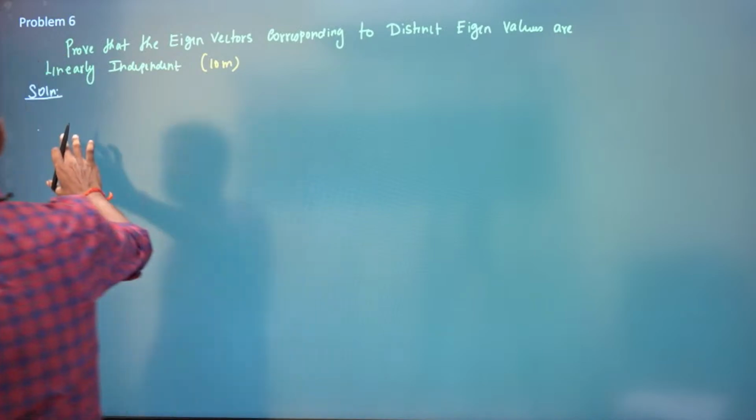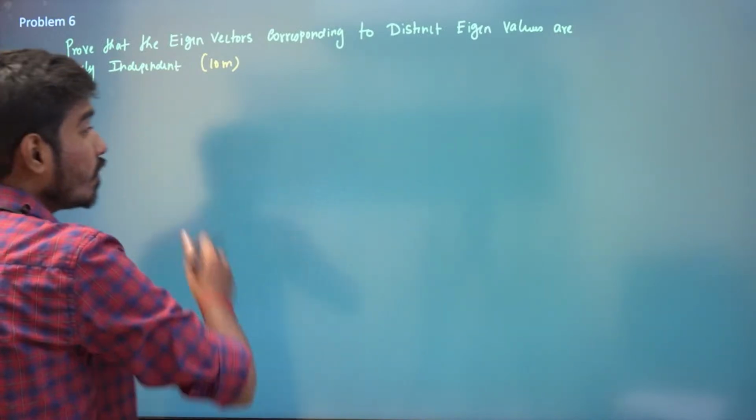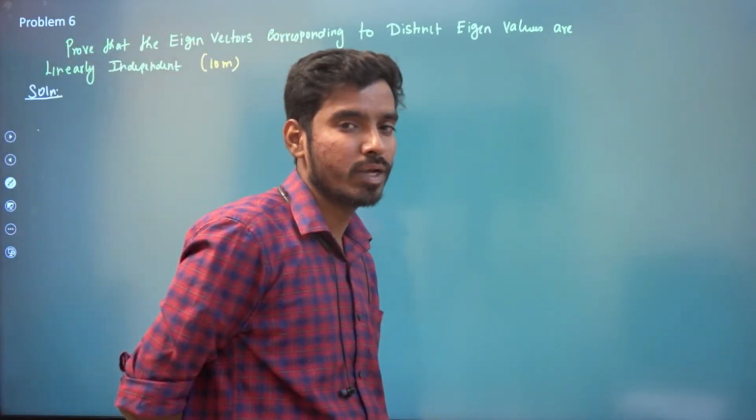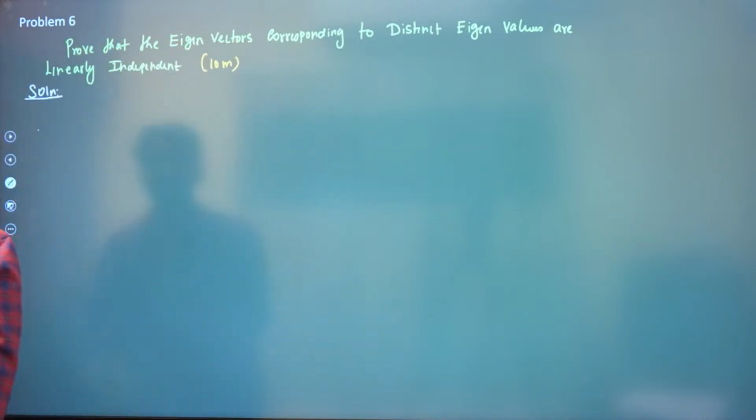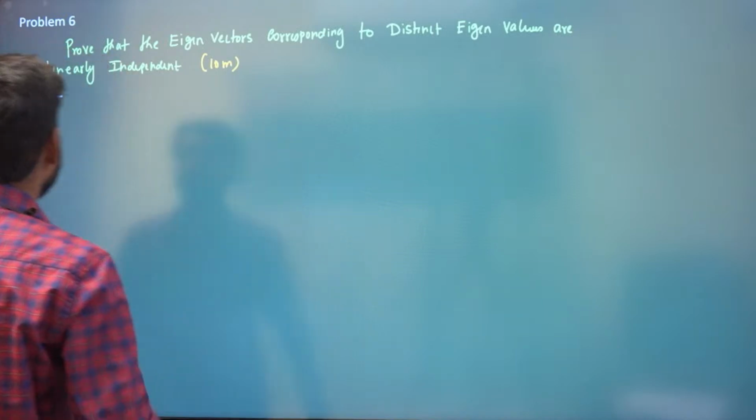See, there are many proofs. I'll prove it differently, right? I'll prove by mathematical induction. I always like to prove by mathematical induction. So we'll prove by mathematical induction that the eigenvectors corresponding to distinct eigenvalues are linearly independent. So